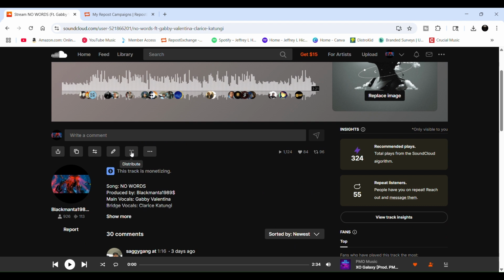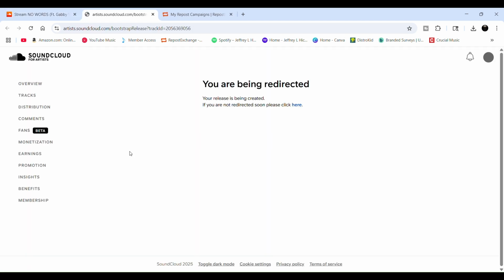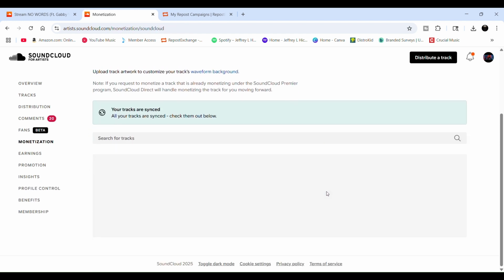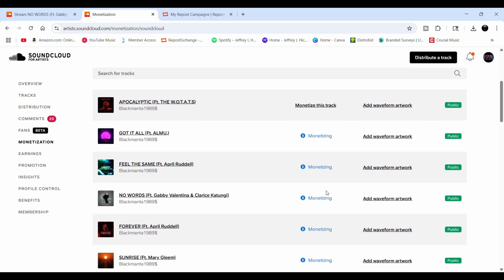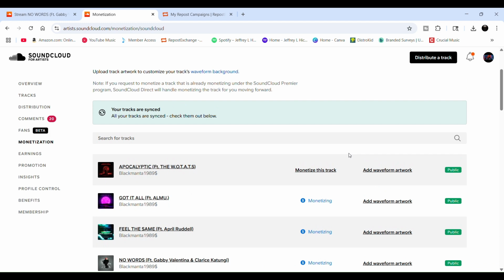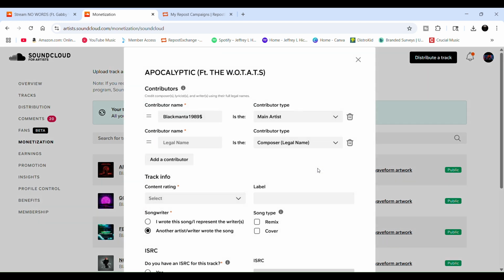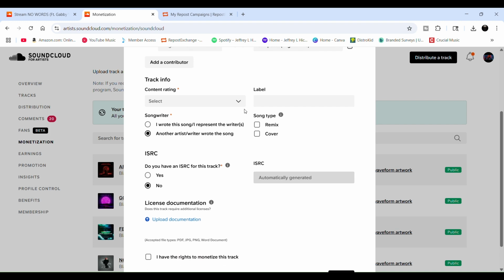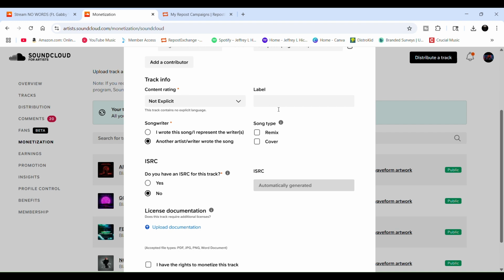So we're going to go to this little area where it says distribute. Click on that. And where it says monetization, click on that. And you'll see the songs where it is monetization. Let's say I want to monetize this track right here. You would type in all the relevant information. Then now track info. This is kind of important right here. If it was non-explicit, saying no explicit language, but being honest here,